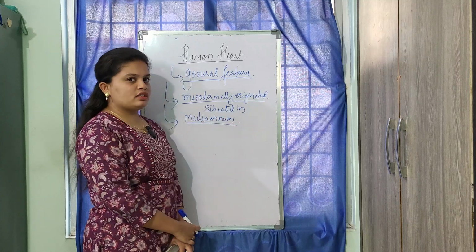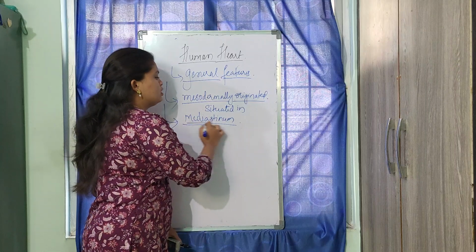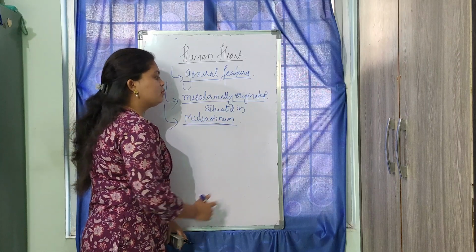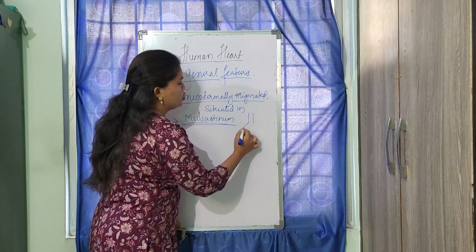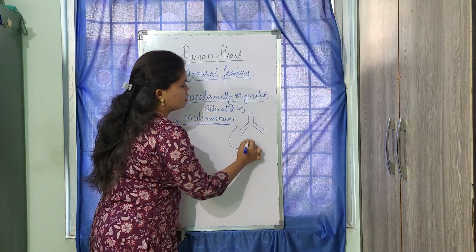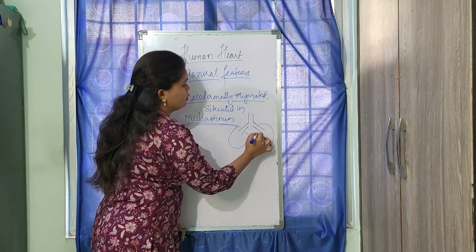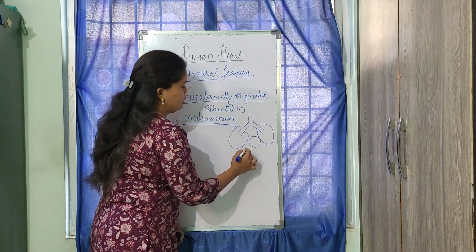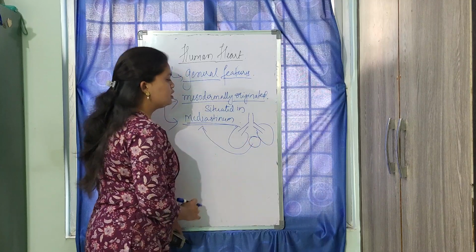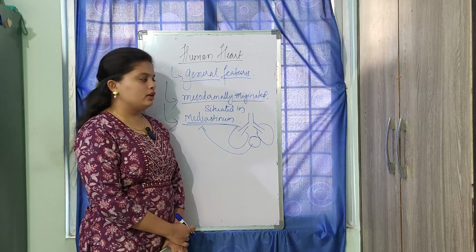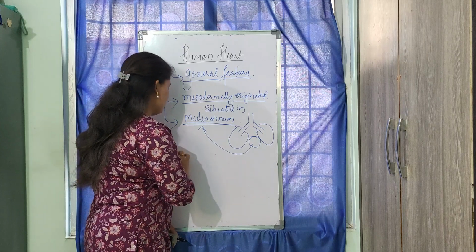What is this mediastinum? This mediastinum is nothing but the space between your two lungs. These are your two lungs. The space between them is nothing but the mediastinum. This is where your heart is located, and the heart is tilted